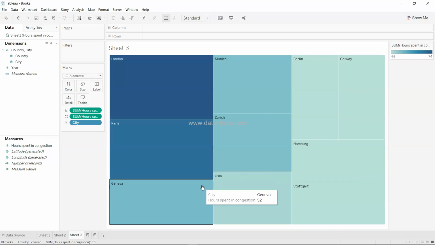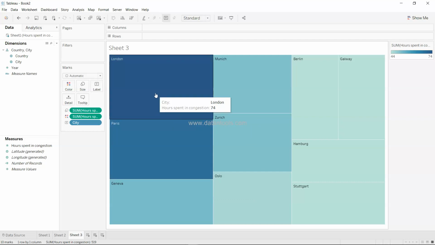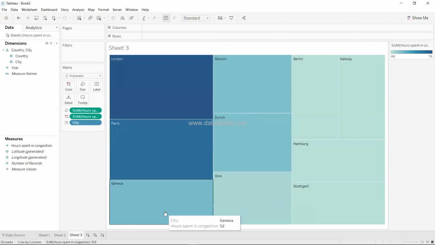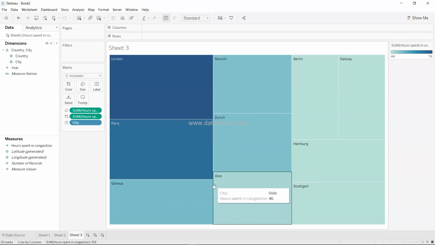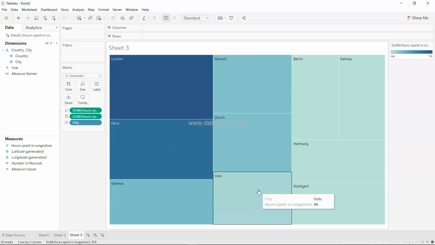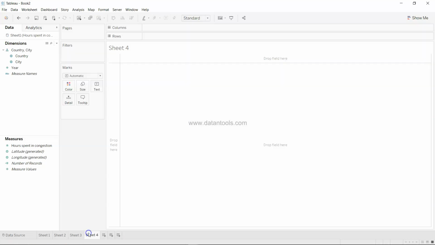But over here, if you observe, it does not tell you a lot of information. I mean, it obviously mentions that London is the highest one and Stuttgart is the lowest one, but it does not reveal a lot of significant insight, as each square in these three cases looks the same. So not much visual appeal. So what can we do when we have a small data set like this to make it more visually appealing? Well, I will show you one last visualization